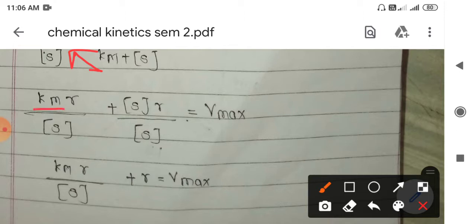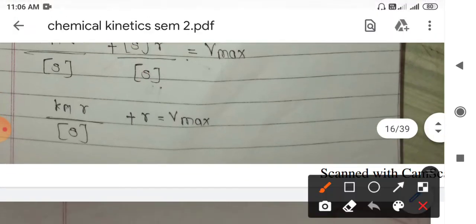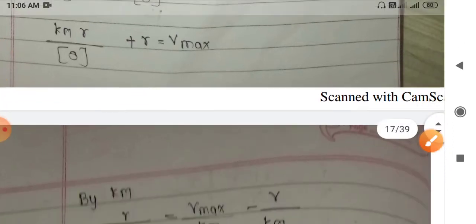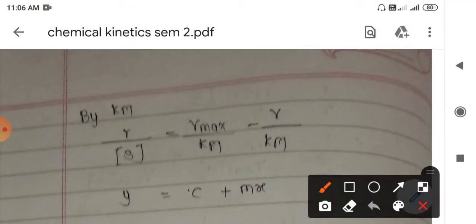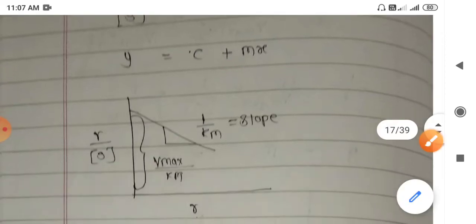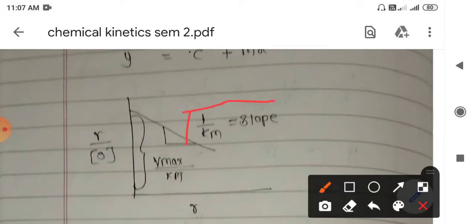So that is Km into r divided by s plus s into r divided by s. So these s's get cancelled. Now this Km upon s into r plus r is equal to Vmax. Dividing by Km, we get r upon s is equal to Vmax upon Km minus r upon Km. So this is the form of the equation y equals mx plus c, where the slope is negative 1 upon Km,